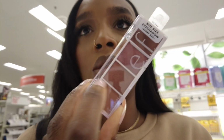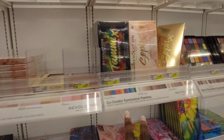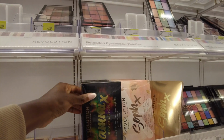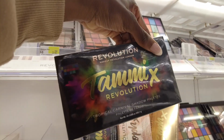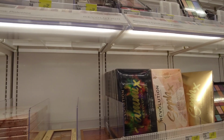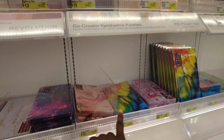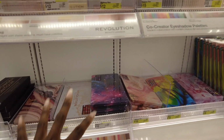get these. So for eyeshadow palettes, when it comes down to Target, the Makeup Revolution ones are really good. I love this Tammy palette by Makeup Revolution. These palettes usually start at like $12. I've never tried these palettes. I think I've tried one of these, but these, if you're looking for a good eyeshadow palette, I feel like